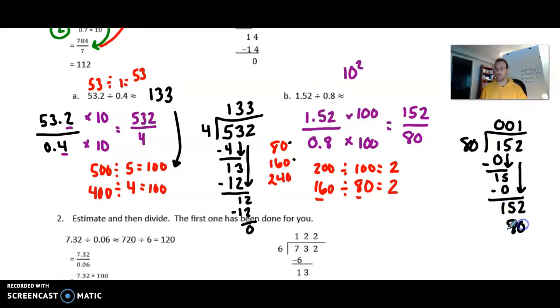So 80 times 1 is going to give us 80. We're going to have to subtract with our 2. We're going to have to unbundle. It's going to give us 72. Now here's where we're going to have to put a decimal point. Bring it down, line it up, and we're going to have to continue. We're going to go 3 places: the tenths place, the hundredths place, and the thousandths place, if the decimal keeps on going. Now we're going to